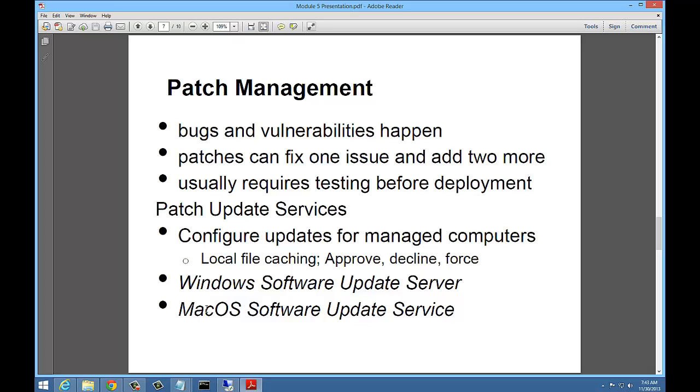So that way they don't just go out and get any patch, which may cause additional issues, such as patches can fix an issue and add 2 more issues. So by doing patch management, you can do these tests before they go out to the customers that are out in the office. Usually requires testing before deployment, as I mentioned, and the patch update services can configure updates for